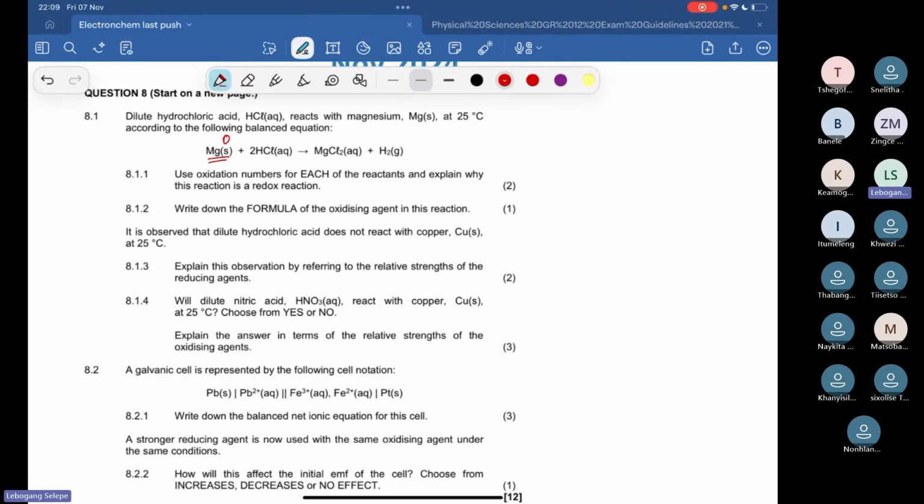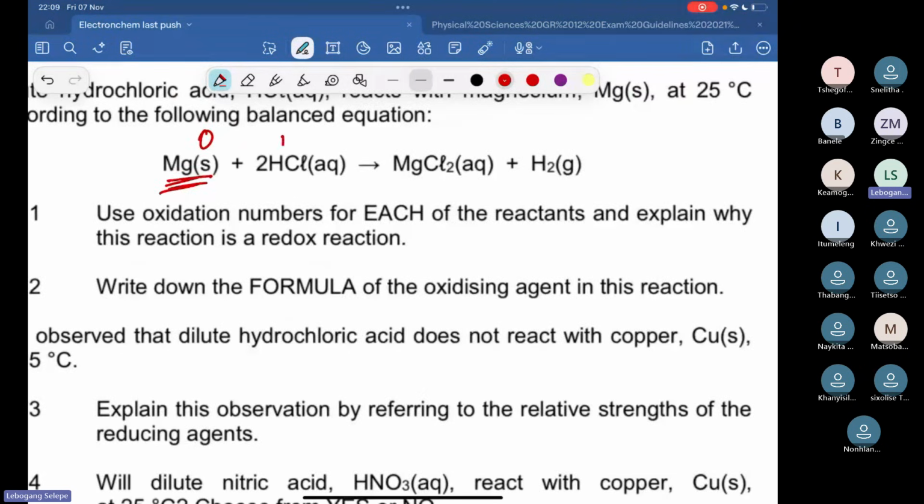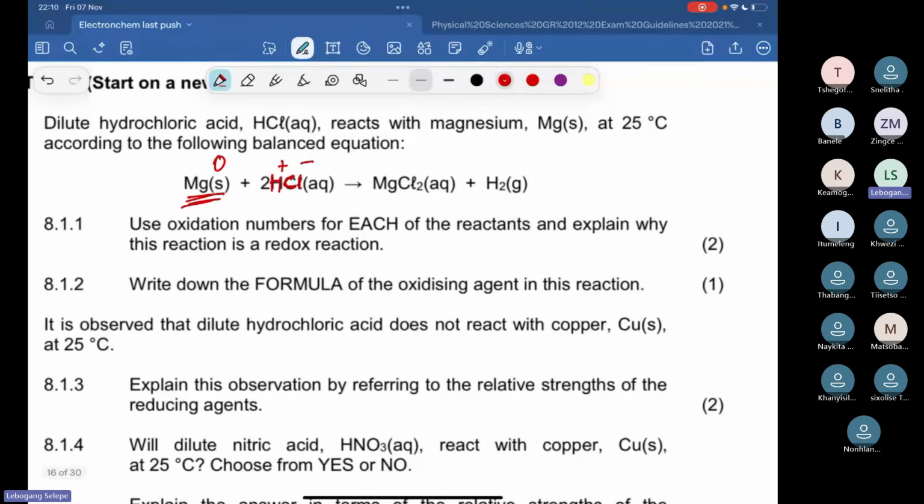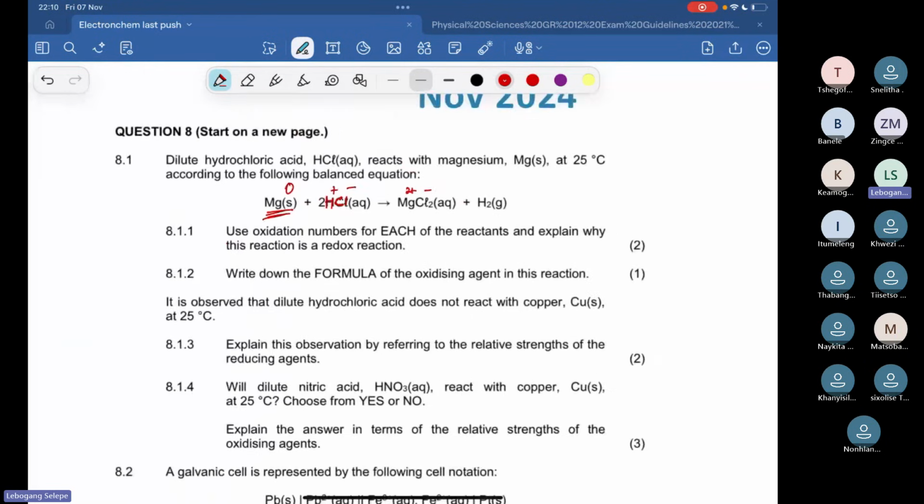It's a neutral compound, so it's a neutral element. Then every time, the oxidation number of H is positive 1. Because Cl is bonded to H, they bonded at a 1:1 ratio. So Cl would be minus, right? So they neutralize each other. Then we know that Cl is minus, so Mg would be 2 plus, then Cl is still minus here, then